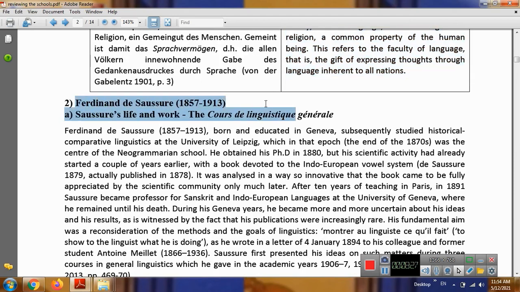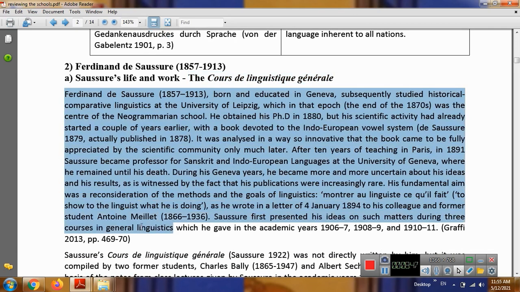And then we turn to Ferdinand de Saussure, 1857 to 1913. Saussure's life and work. You know, the book of Saussure, which was Course in General Linguistics, CLG. Ferdinand de Saussure, 1857 to 1913, born and educated in Geneva, subsequently studied historical comparative linguistics at the University of Leipzig, which in